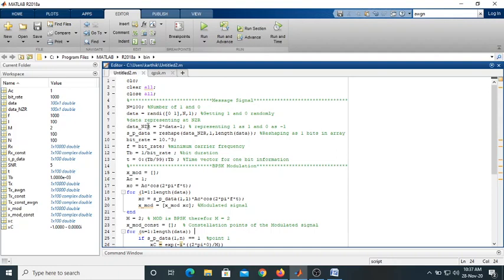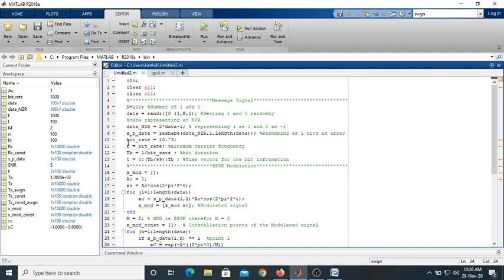Next, we are converting those ones and zeros into NRZ. NRZ means non-return to zero. So this is converting the given ones and zeros into 1 and minus 1. You know what NRZ means. Now this is converting data into an array. Now I have taken a bit rate of 10 power 3, which means 1000. So here frequency is equal to bit rate, so the bit duration is equal to 1 by bit rate. Now this is the time interval of each and every bit.